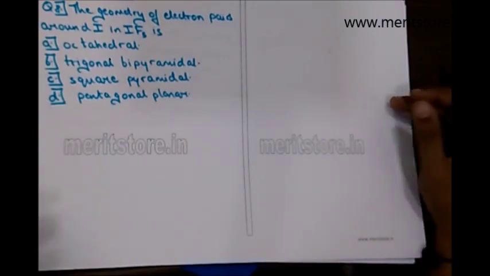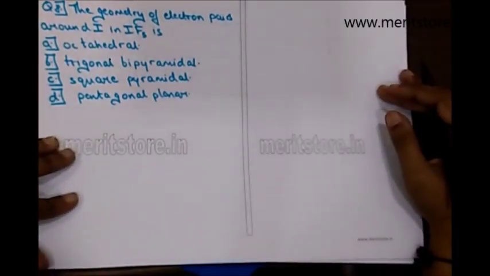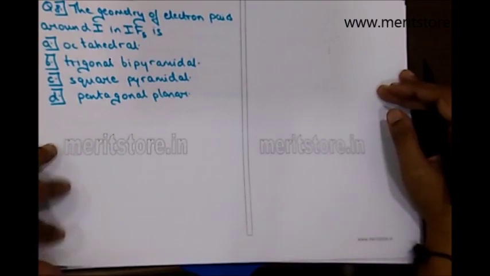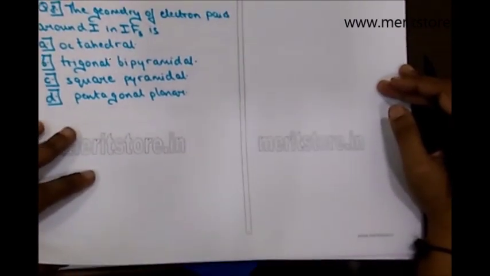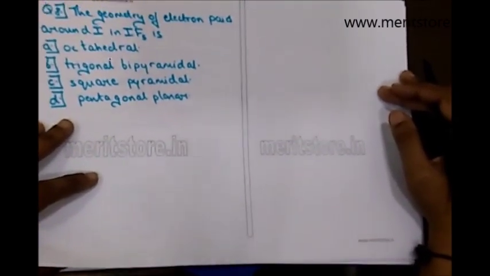Question number 8: we have to find the geometry of the electron pairs around iodine in IF7. Now we have studied the formula to find